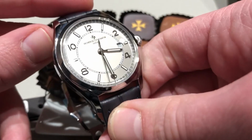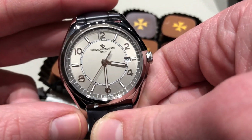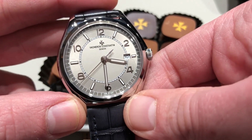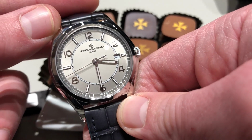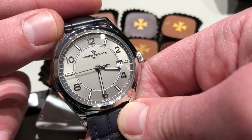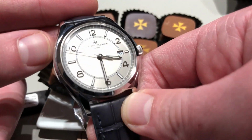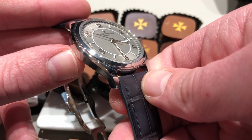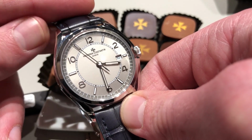Now each example is available in steel or rose gold, exclusively in 40 millimeters. The design of the case, and you can see this most clearly at 5 o'clock, 7 o'clock, 11 o'clock, and 1, the peaked corners reminiscent of the 1956 reference 6073. That's where you get the sharper geometries of the case. Now the fluid form is inspired by both good taste as well as an abstract of the Vacheron Constantin Maltese